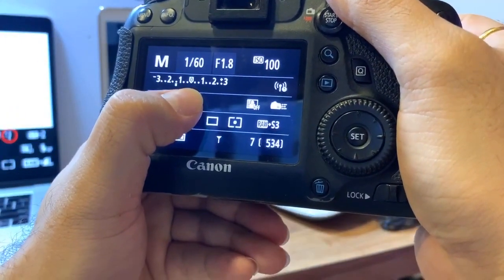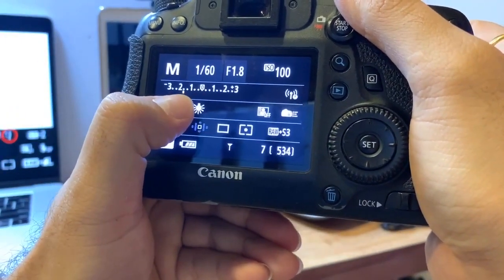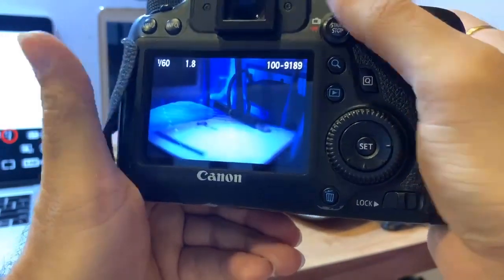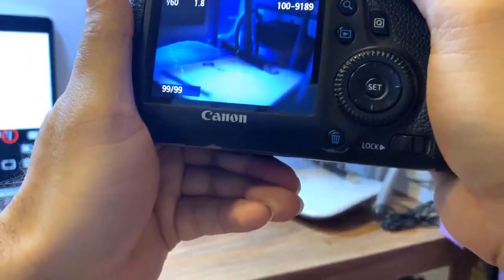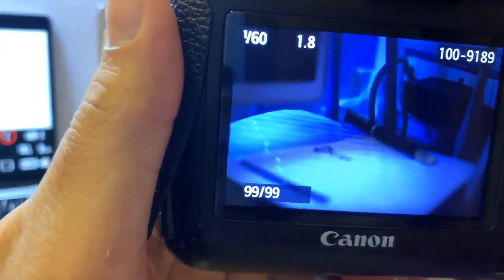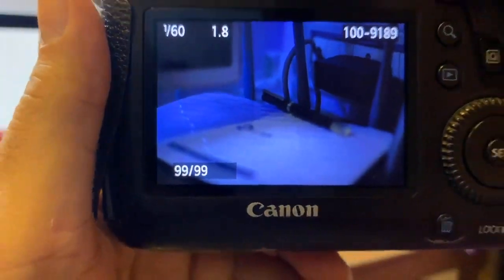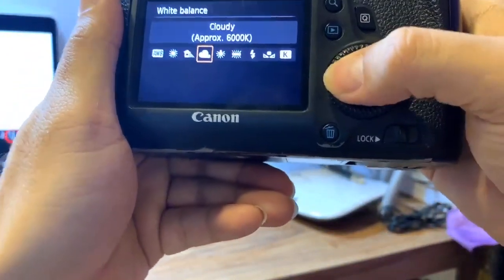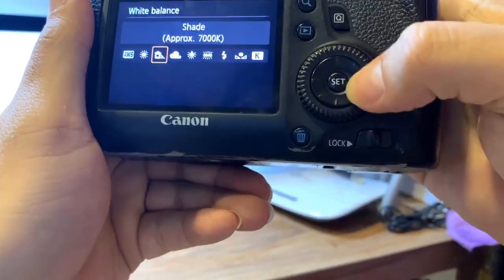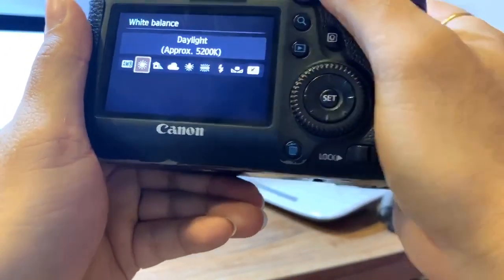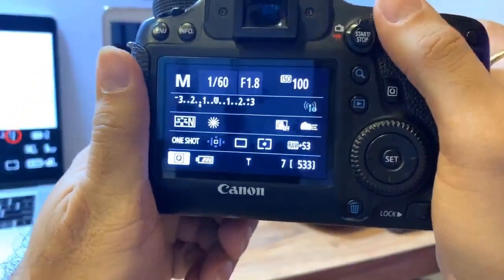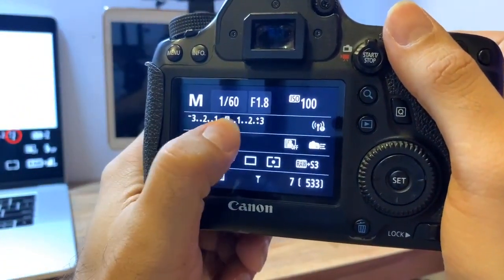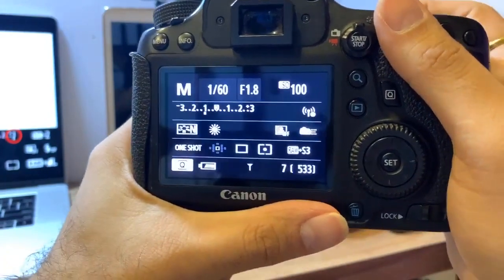So it's not almost in the center, it's around this. So it's going to be visible, but it's going to be dark. See that? That is what the image is. It's slightly darker. I'm going to be changing my white balance to something else because it's looking very bluish. So you can see that the cursor is playing in the negative region.